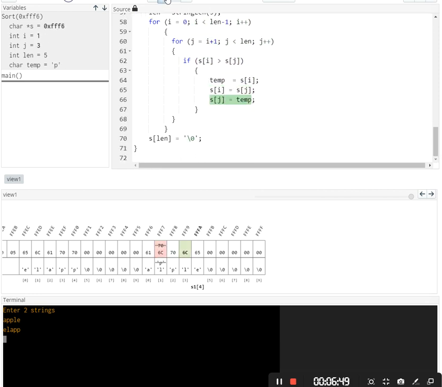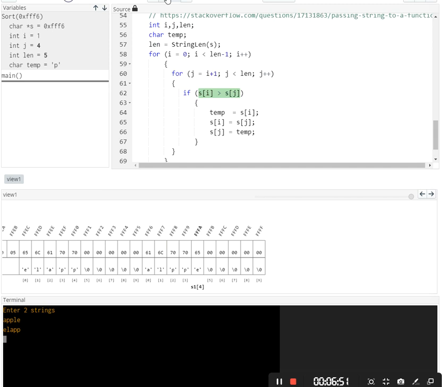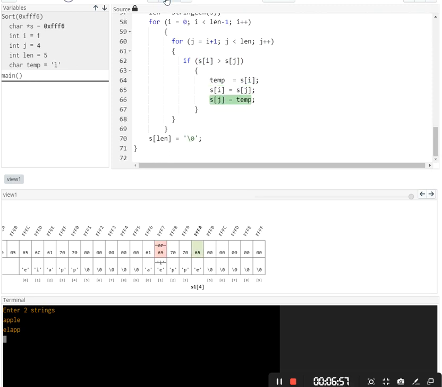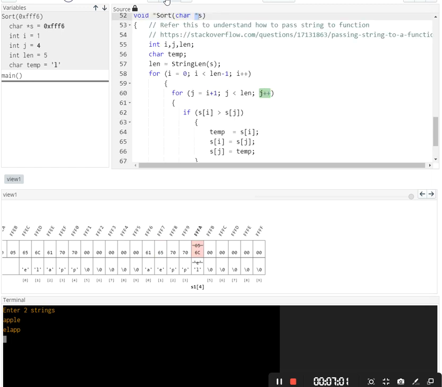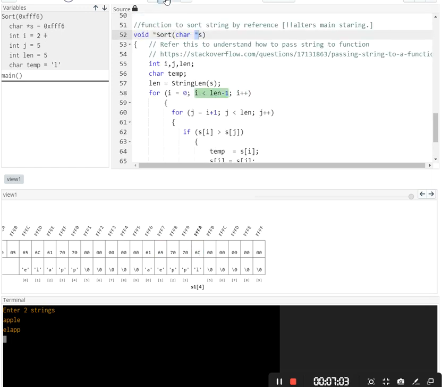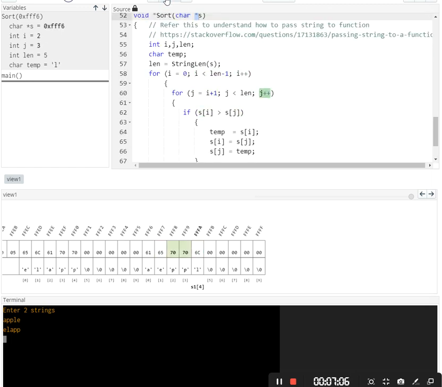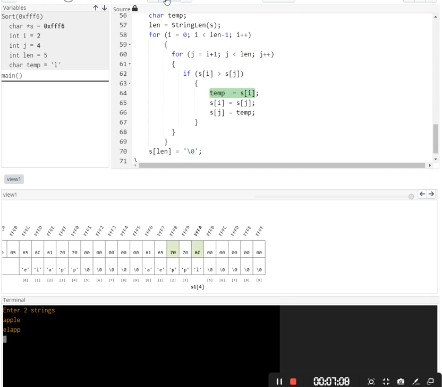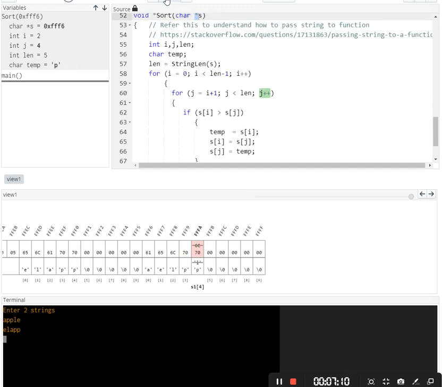Now it is comparing this P. Yeah, that gets changed. This L comes here. Now E compares with this E. Now L has to come here. Yeah, L comes here.